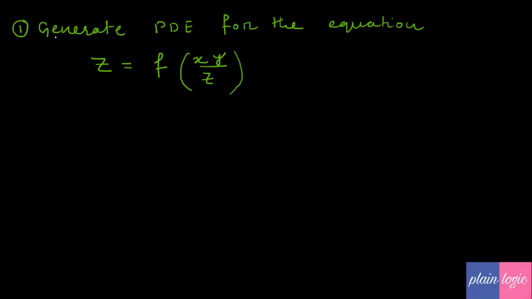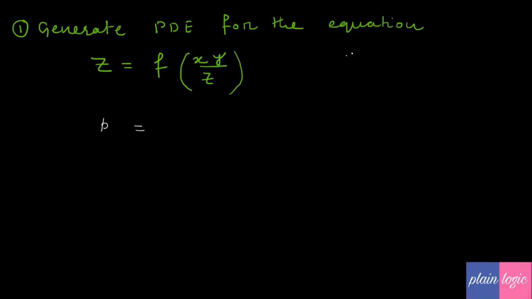Here we have another example: generate PDE for the equation z is equal to function of xy by z. Here we will be eliminating the arbitrary function. The arbitrary function is a function of xy by z. So here p is equal to,